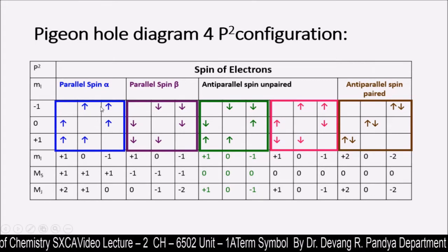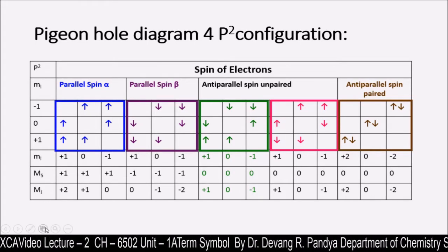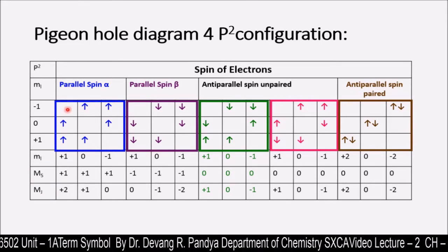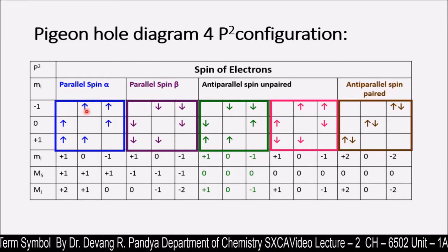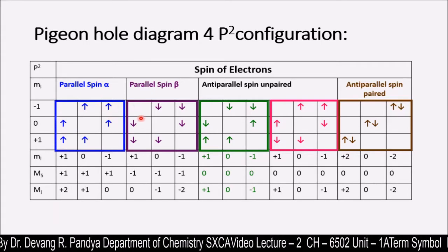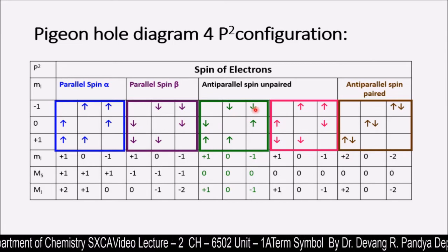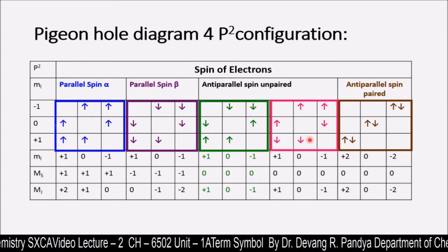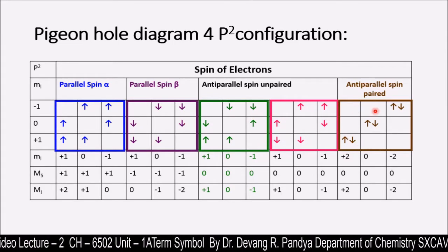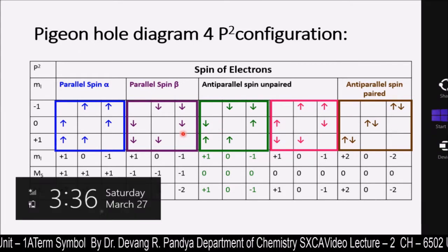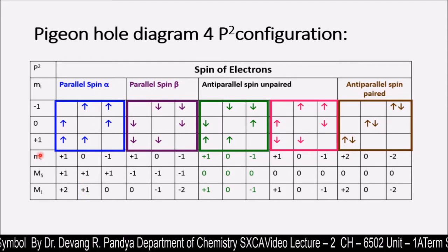Let me show you again in a proper way. This is one column, first arrangement, second arrangement, third arrangement, fourth, fifth, sixth, seventh, 8, 9, 10, 11, 12, 13, 14 and 15, and these 15 arrangements have 15 different values of M subscript